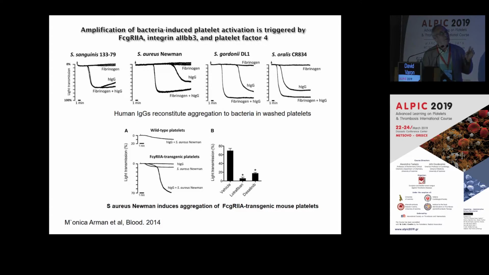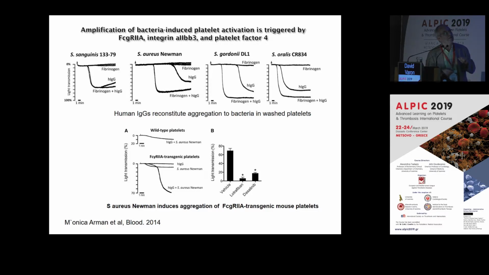In other words, these mediators are involved in the amplification of bacteria-induced platelet activation. We knew for many years that bacteria have crosstalk with platelets. Here they show the potential mechanism